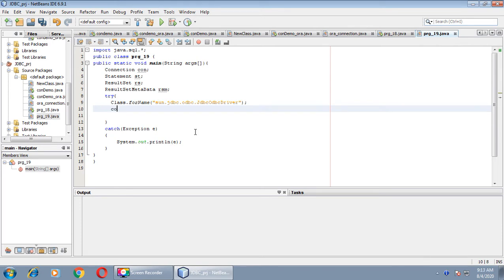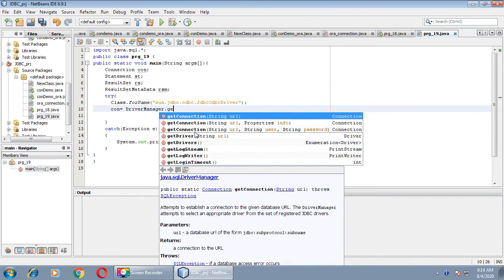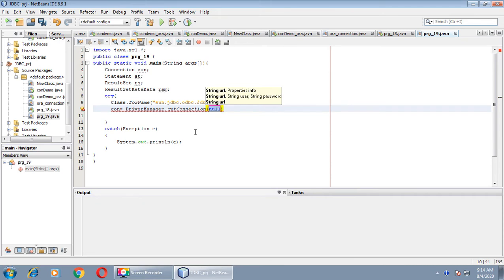and connection equals to DriverManager.getConnection. For DSN, no need to take second and third parameters, that are username and password.